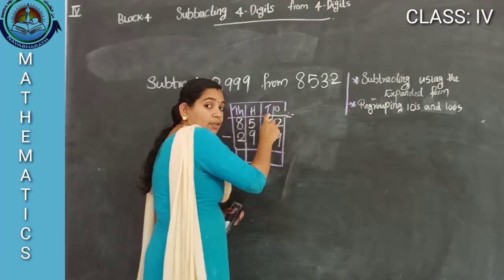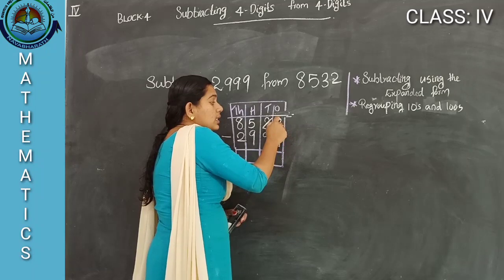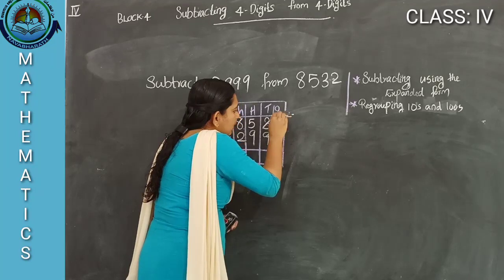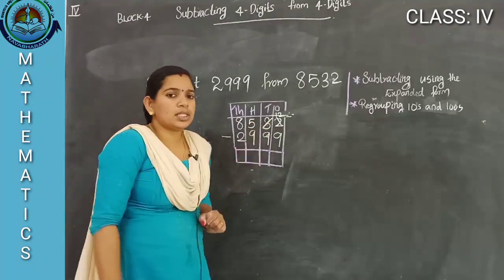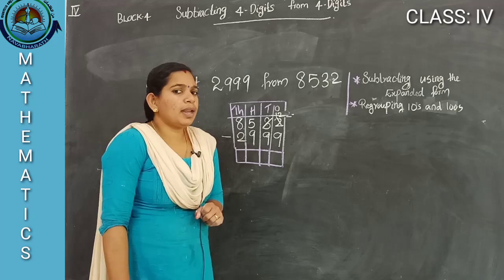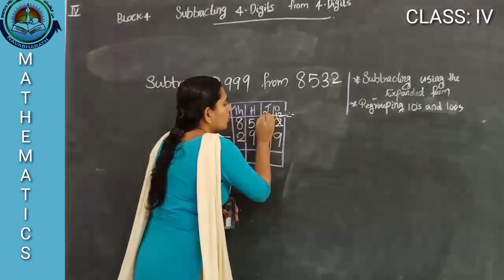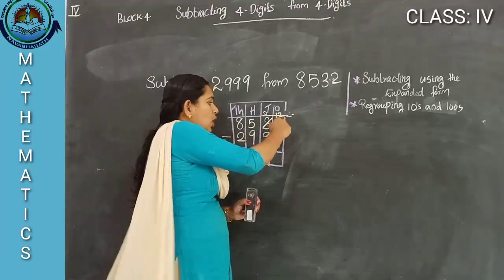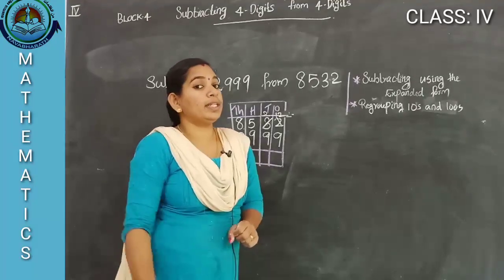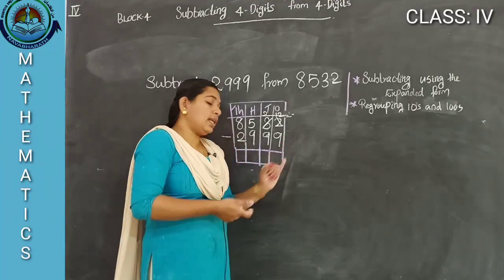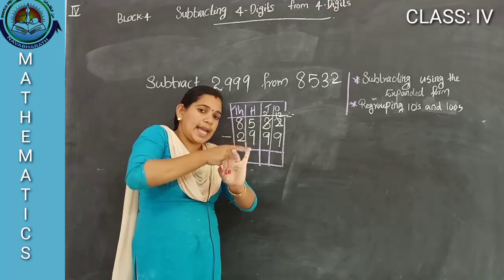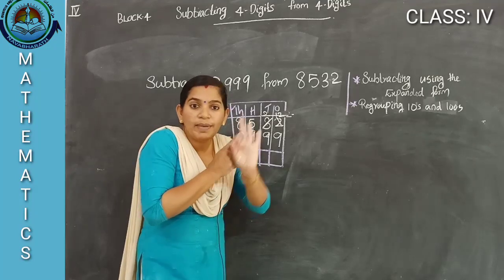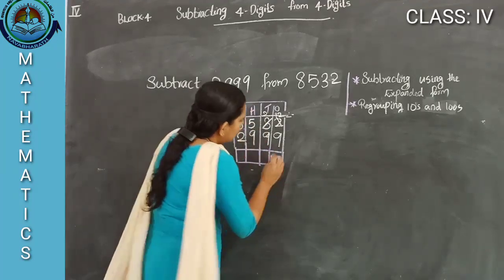We are taking 1 from this tens place, so this 2 becomes 10 plus 2, 12. The tens place is 3. We take 1, then what is remaining? Yes, 2. Instead of 3, we write 2. Then 12 minus 9. After the second number, count: 10, 11, 12. How many fingers? 3 fingers. So we write 3 here.